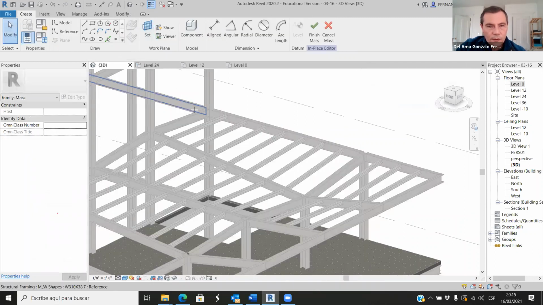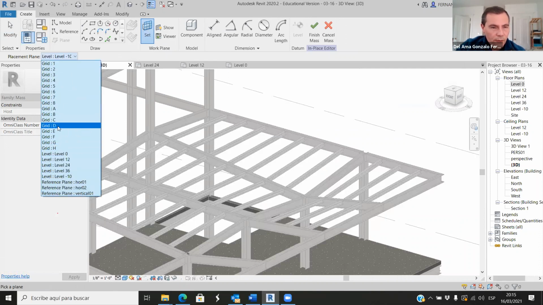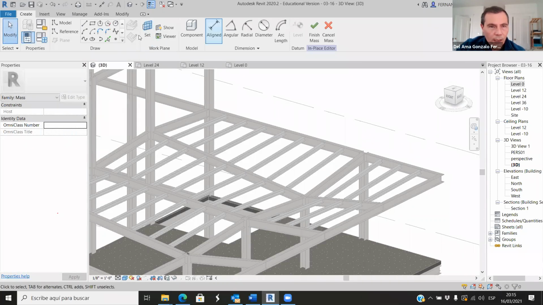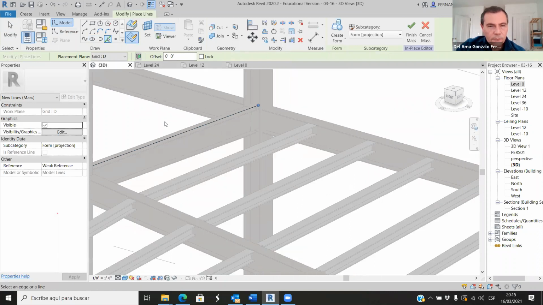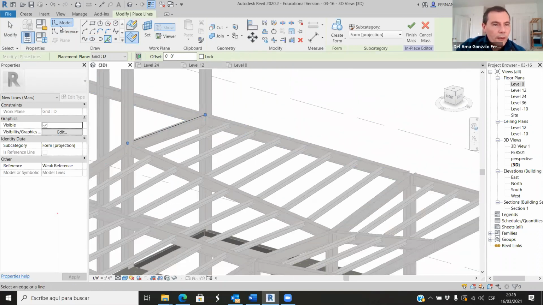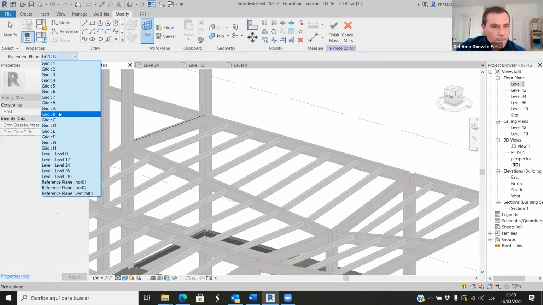Okay, first set the plane on grid. I'm going to start with grid D now. I pick lines. I have to pick this line here. Okay, now I have to work with set plane grid B